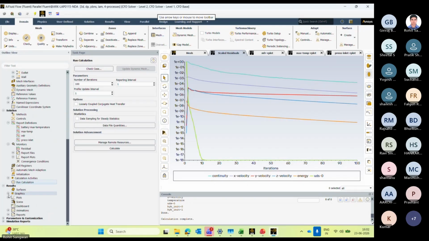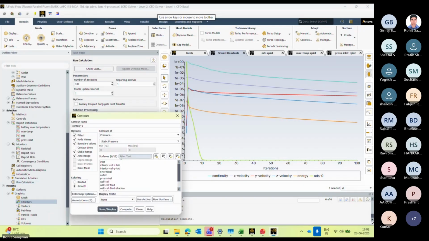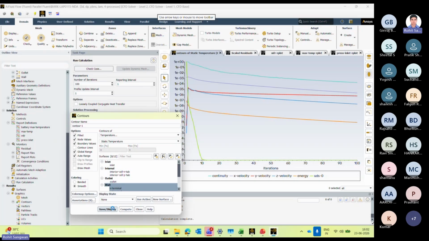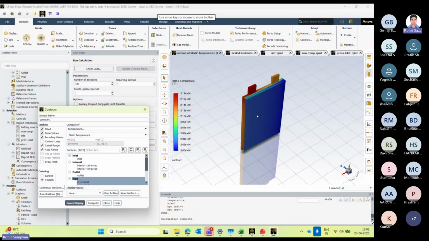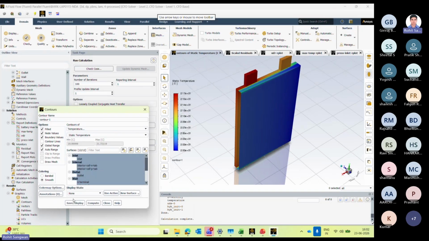I can select the walls, save and display. Or if I select all,